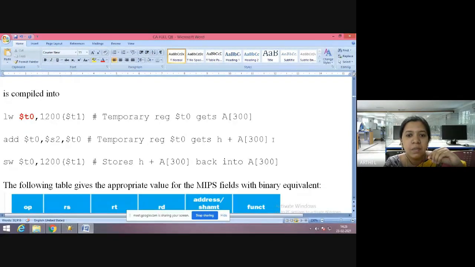It means that $t0 is equal to some value. Let's call the value 5. 5 plus again the same $t0. So repeatedly you're going to add something and then store it.